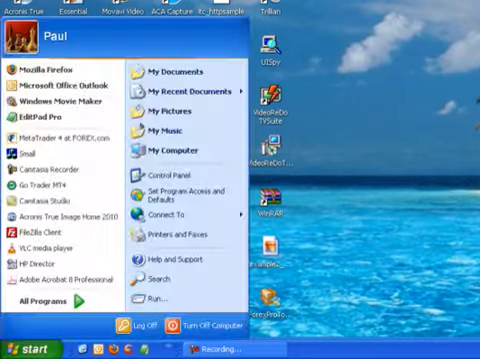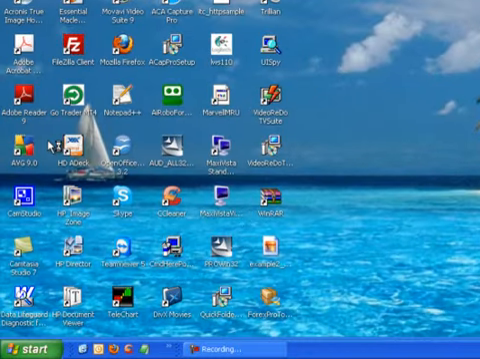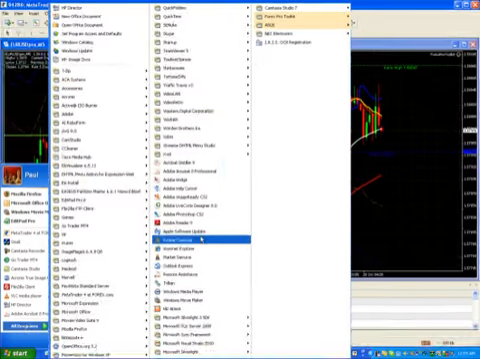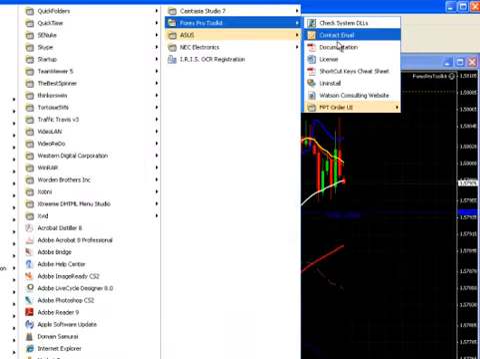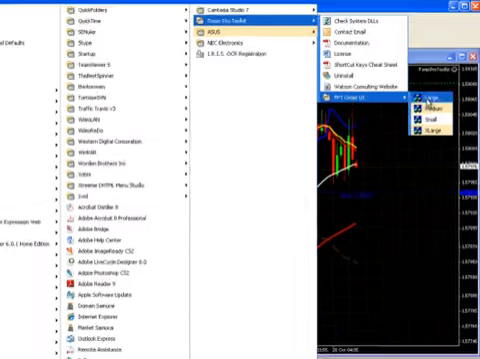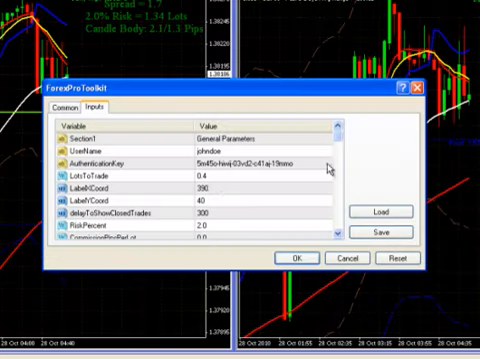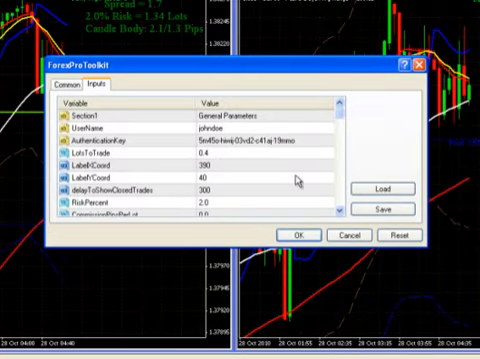First, we need to open MetaTrader and also the FPT order UI. Now let's take a look at the parameters. I'm using 0.4 lots to trade, and